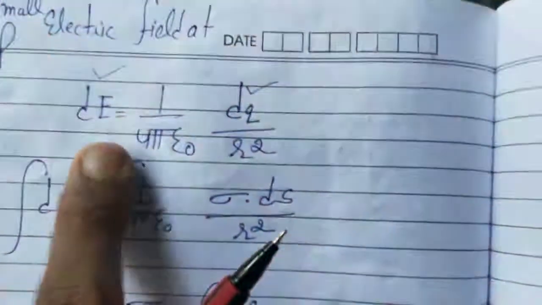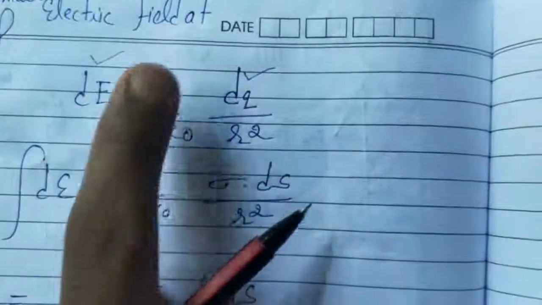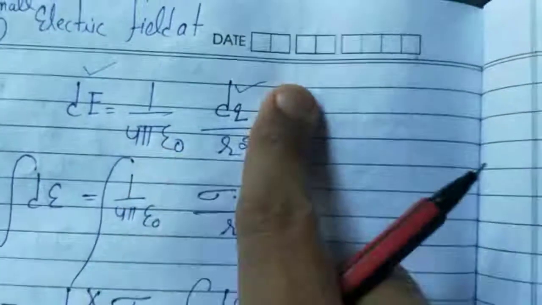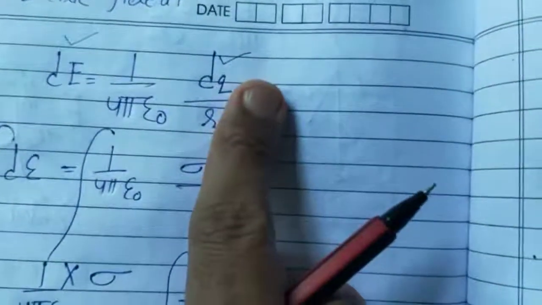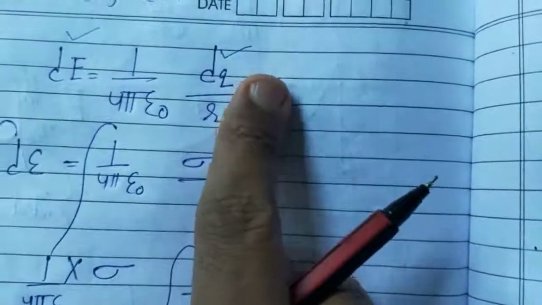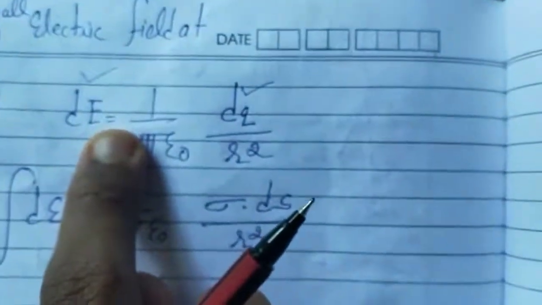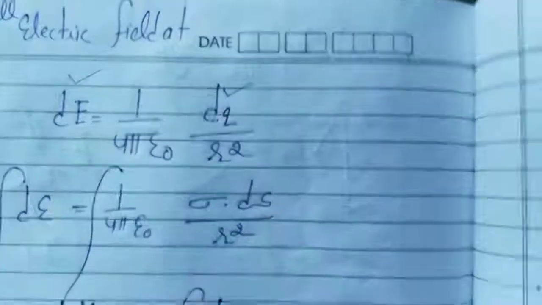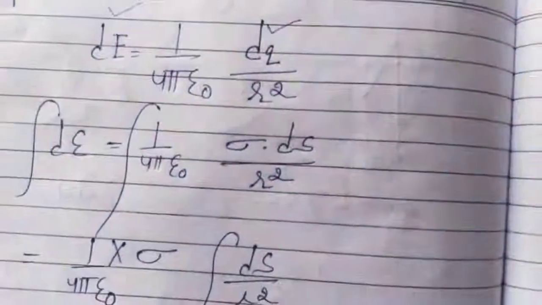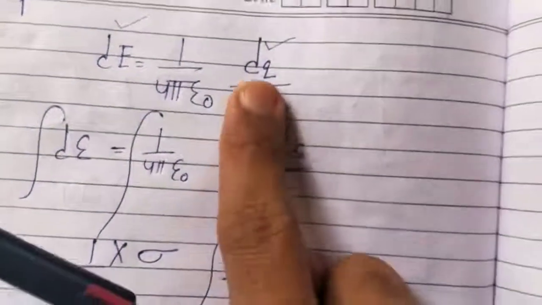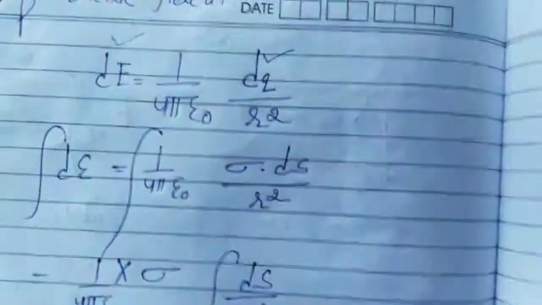And we are having a formula of a point charge. What is the formula of electric field for a point charge? 1 upon 4 pi epsilon naught charge upon r square. What is the small point charge? We have considered dq. So for dq, what is the value of electric field? That is dE, small dE. And we have to integrate for so many dqs, because we are not having one dq, we are having so many dqs.